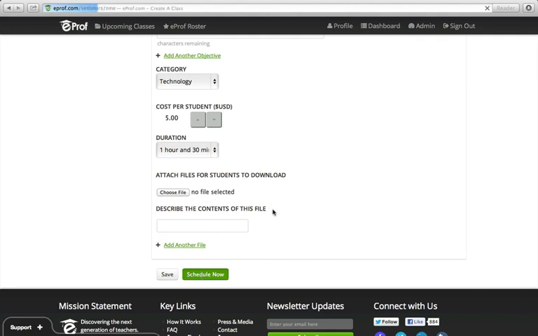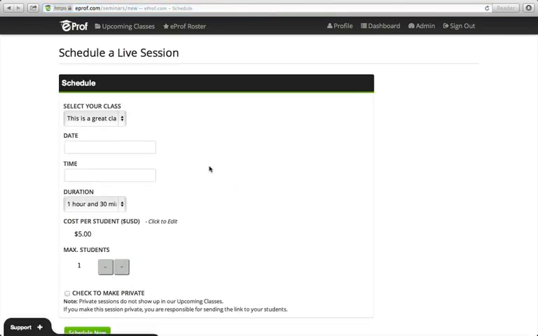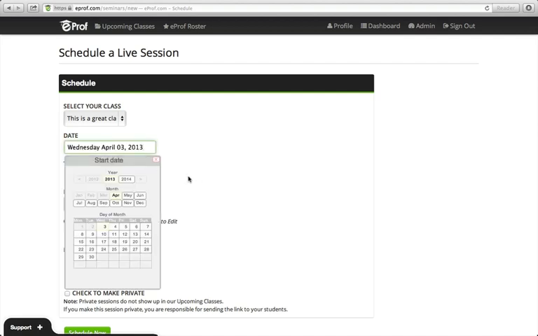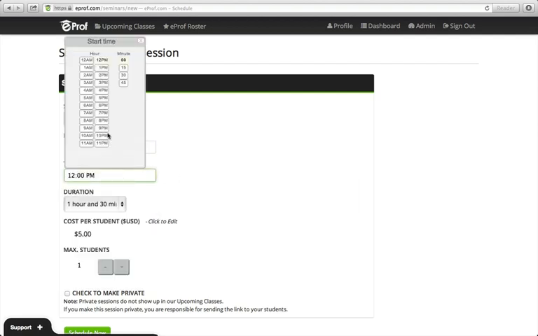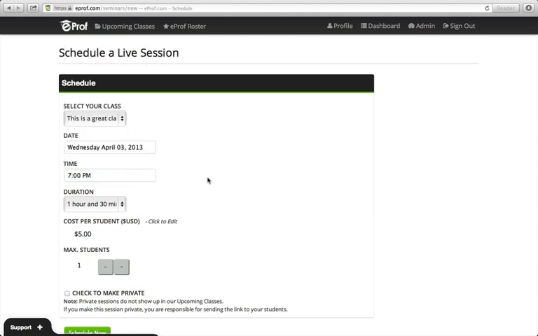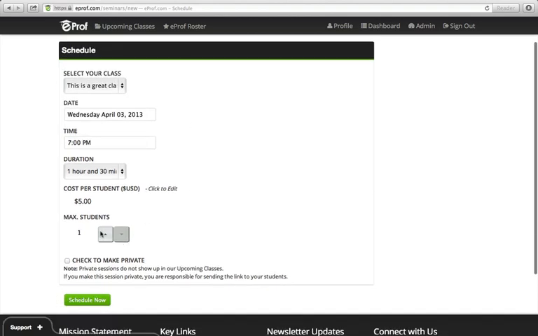So this is going to take me to the date picker page that's pre-populated with the info I just created. So see the class title, you see the duration, and the cost per student is pre-populated. And I'm just going to go ahead and pick today at 7 o'clock, and I'm going to set the max number of students to 10, and we're all ready to go except for one last thing,